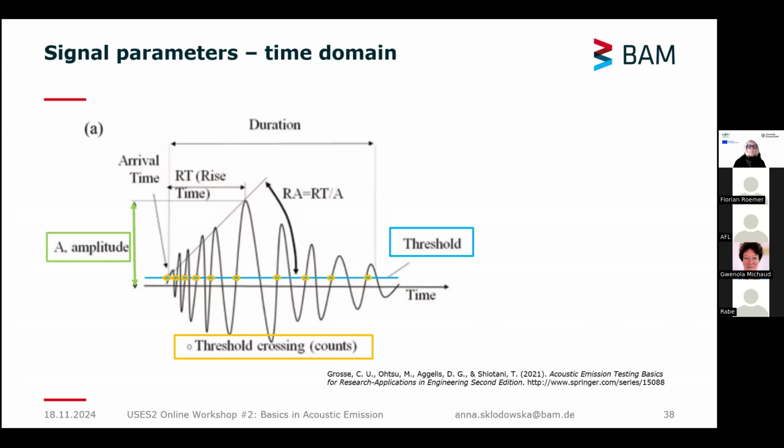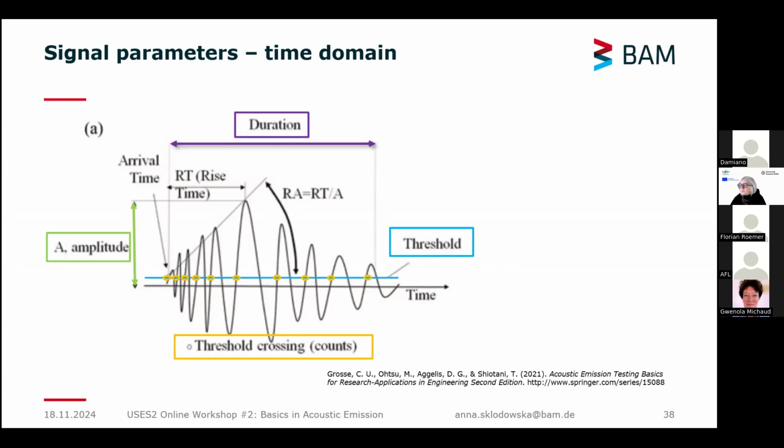It can be either positive or negative. It's closely related to the magnitude of the source event, but it's also important to remember that the farther we go from the source, so if we increase the distance, the attenuation will strongly compromise the final amplitude at the sensor. Another thing is the duration, and this is the time interval between the first count and the last threshold crossing. So this is generally expressed in microseconds, and is connected to the source magnitude and type of the event.